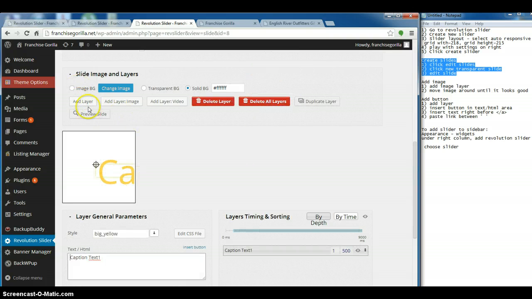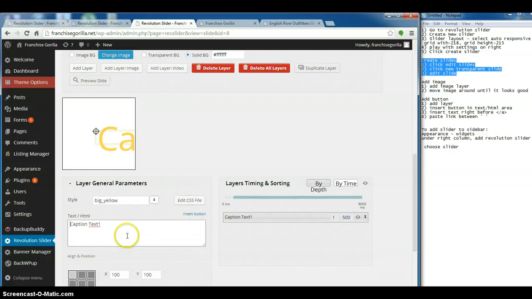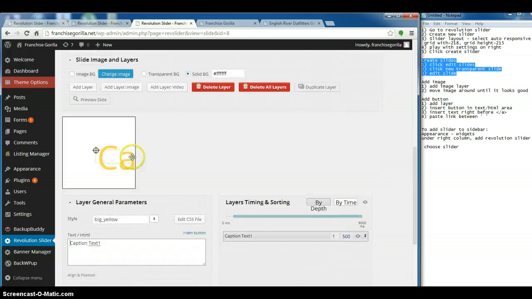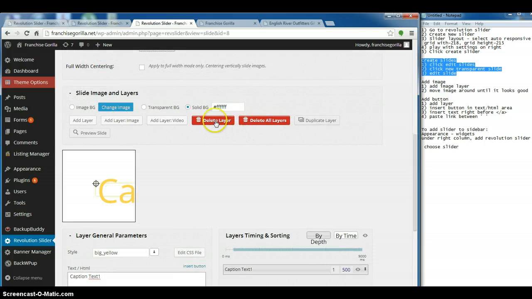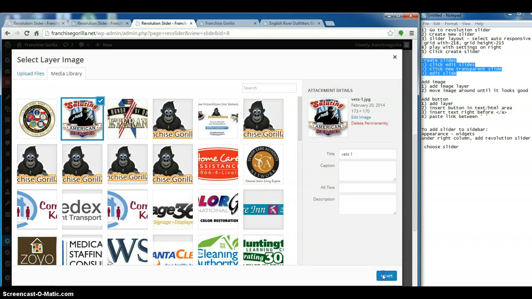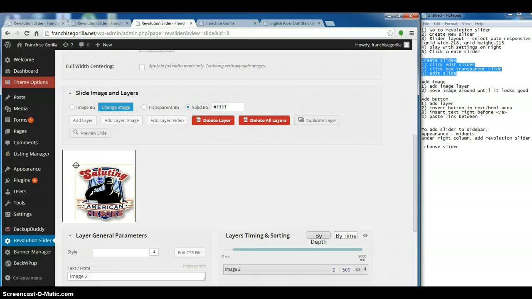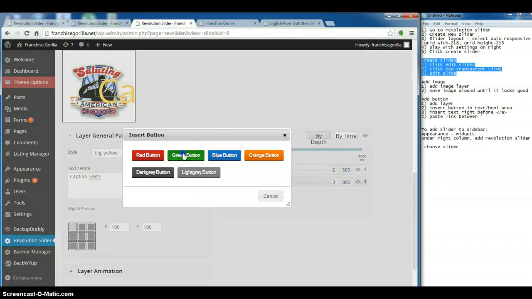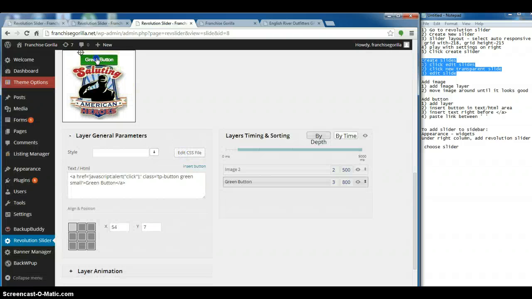Add a layer. Oops, sorry, wrong layer. We're actually going to delete that layer. We're going to add the image layer first. So play around with that until it looks good. And then add layer here. Insert button. We'll make it a green button this time. And then where it says green button, do honoring